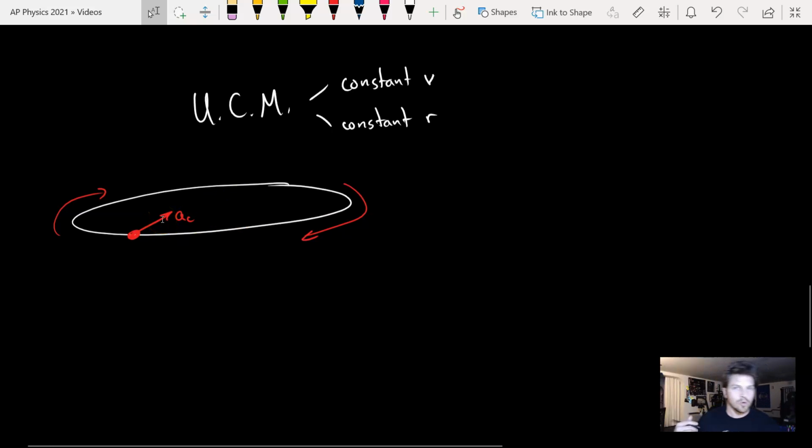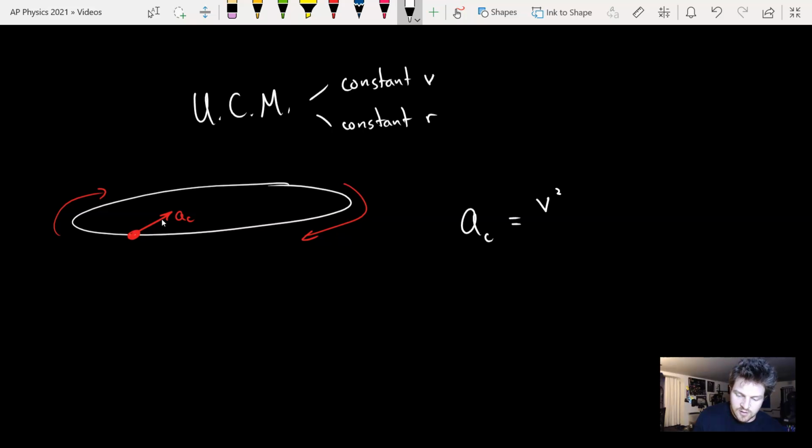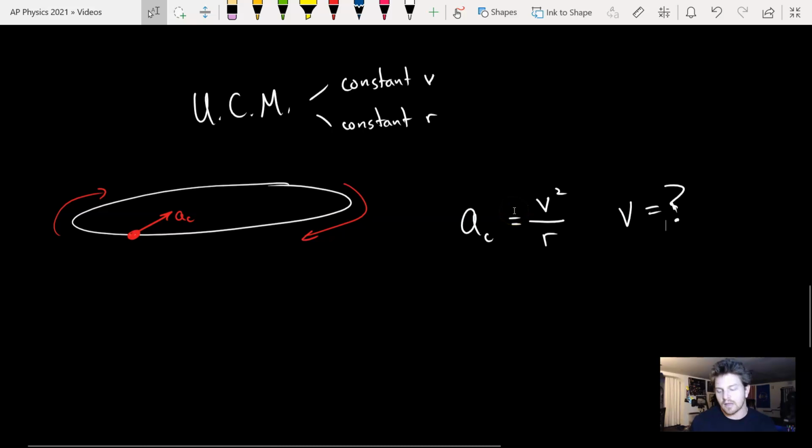And so we look at our equation sheet and we see that, oh, okay, I know how to calculate that. That is centripetal acceleration equals the linear speed of that object squared over the radius. Okay, but here's the problem. Maybe we don't know the speed, right? If we don't know the speed, you're kind of screwed, because we wouldn't know enough